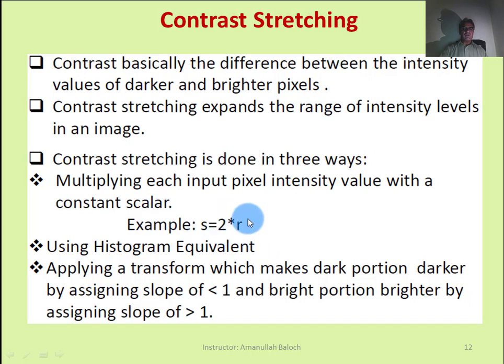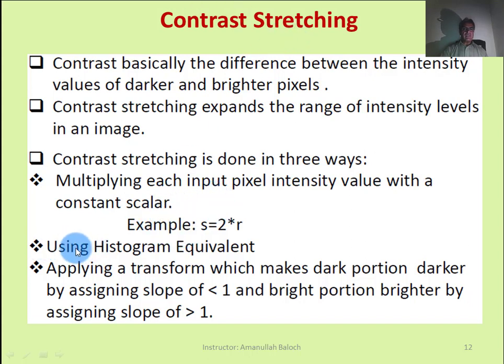So we can multiply a scalar factor with the input pixel value and get the transformed pixel value of the transformed image. This is the first method of contrast stretching.